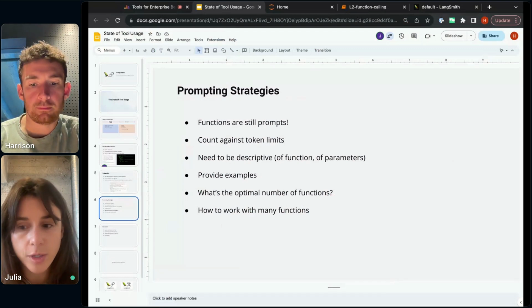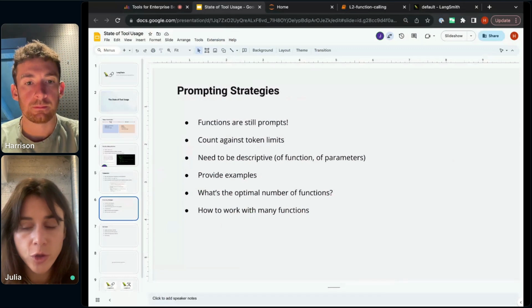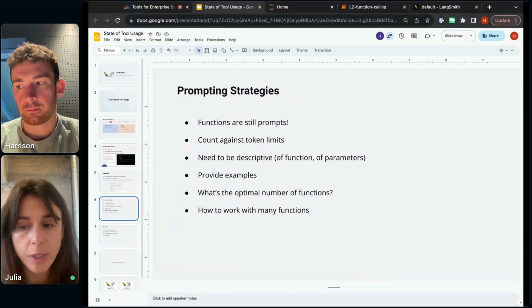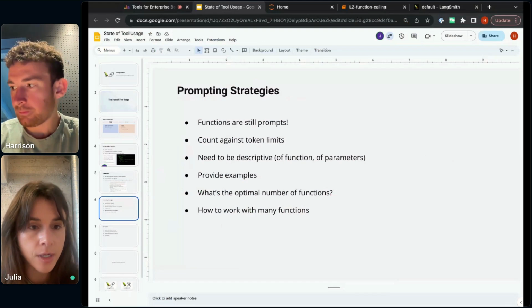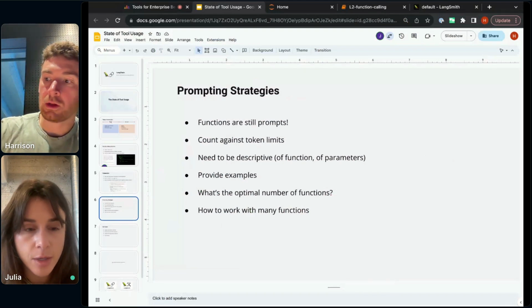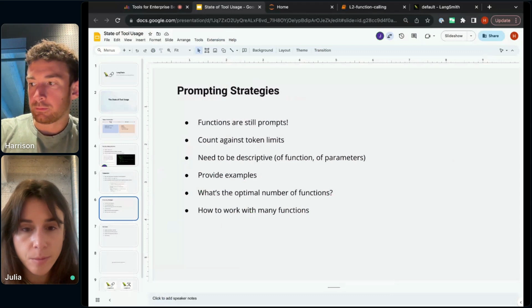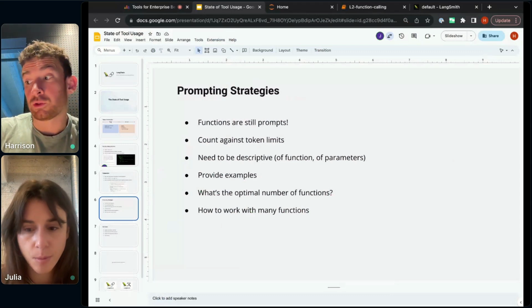And we had another question in the chat. How can we ensure the right function is used? What if we need to adjust? Can we fine tune? So I think we're going to get into that too in a little bit, but making sure that you select the right function. Yeah. So that